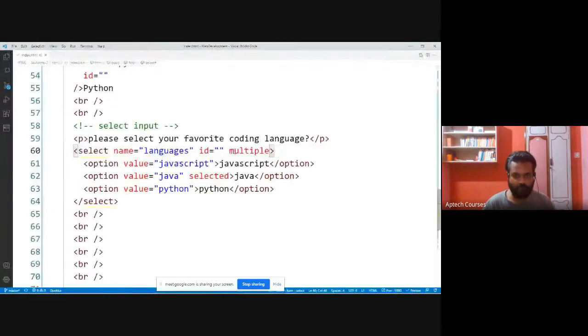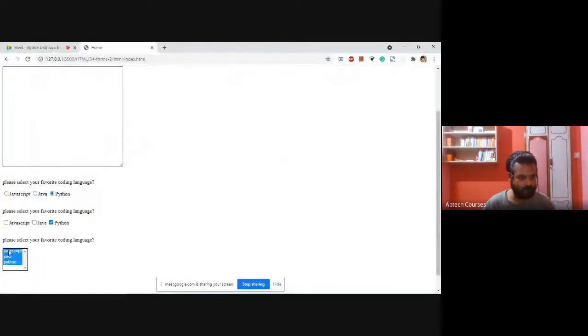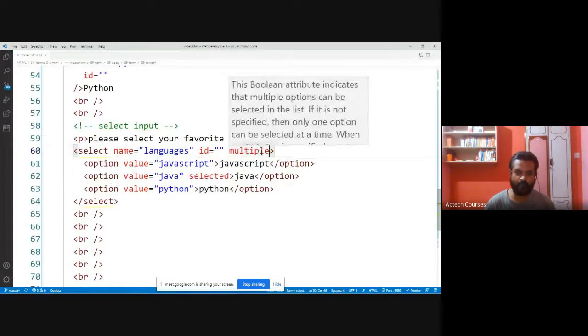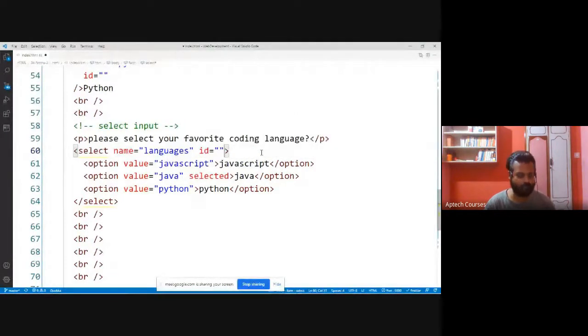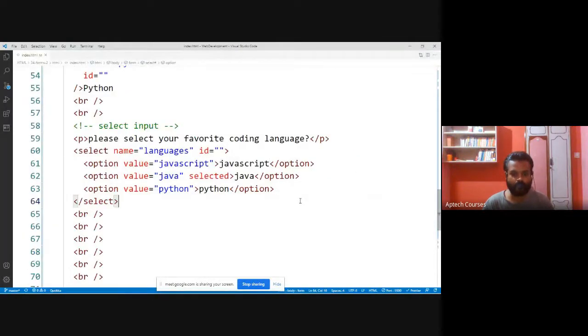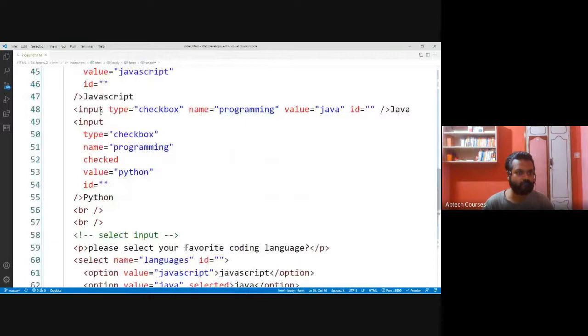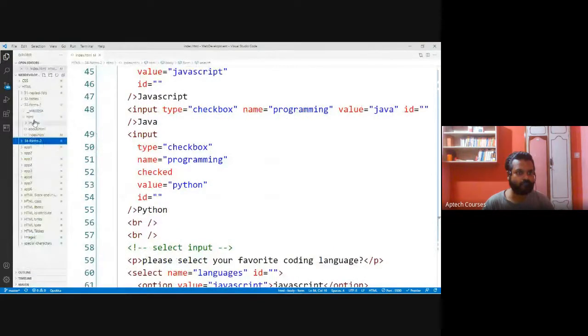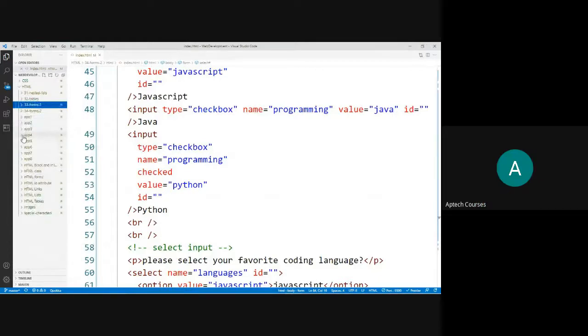If I use the multiple property, then we can select multiple options. Otherwise, by default, I can select only one option. So that is about forms.